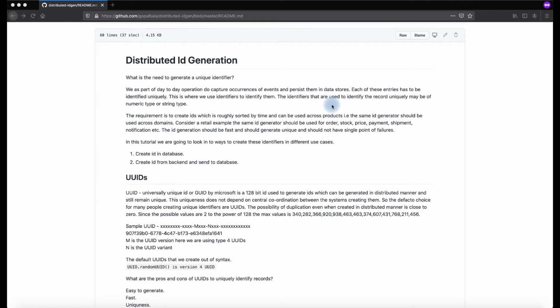But when it comes to databases, if we take MongoDB, it can generate object IDs. We can use the built-in ID generator to do it. In relational databases, we can use identity columns which are auto incremented by default. It can be integer or big integer, and it can automatically get incremented. Or we create an ID from the backend and pass it on to the database. These are two possible ways. Either we generate the ID and persist it in the database, or use services provided by databases and use them for persistence. There are two possible ways we can do it.